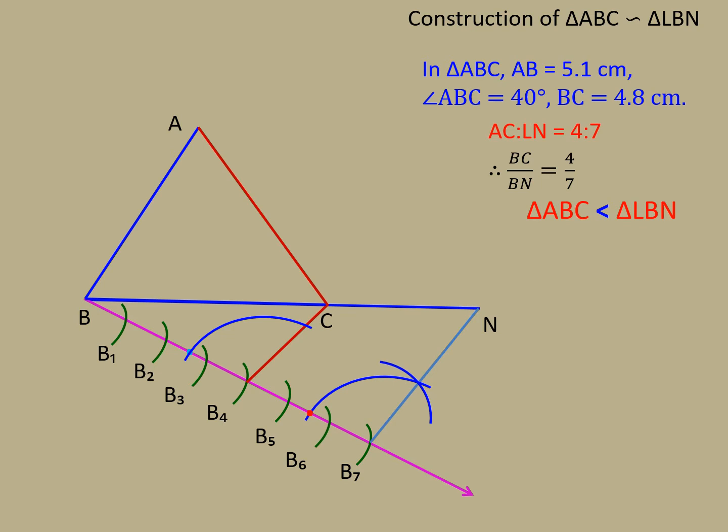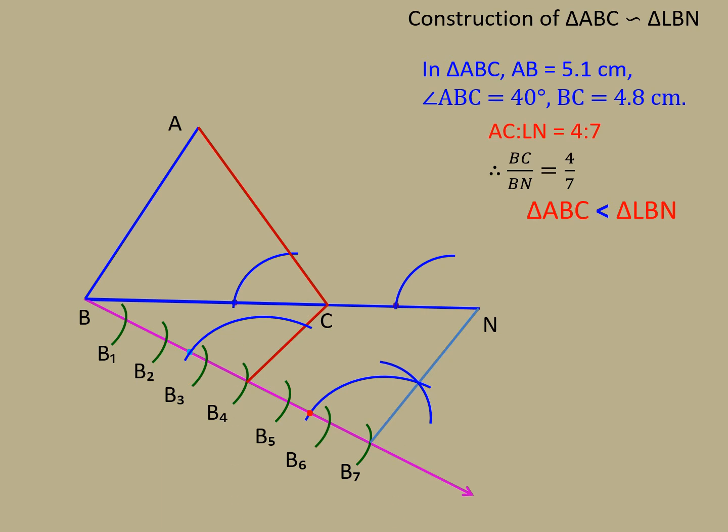Same angle congruent to angle, because corresponding angles are equal, then the lines become parallel. So we will fix the radius in the compass. From C we will cut an arc with the same radius. From N we will cut an arc. We will take the gap of the arc on angle C.